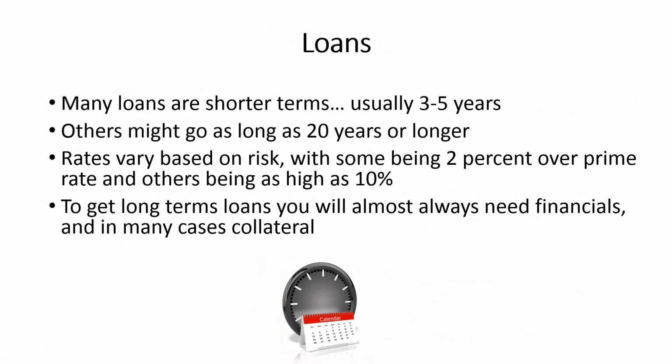I mean, for somebody to give you a 5, 10, 20-year loan, which is what you want to have the lowest payments, you're going to have financials. You're going to have collateral. As a matter of fact, for a lot of loans beyond collateral-based loans, you're going to need this stuff anyways. But the longer terms you're desiring, the more financials and collateral credit requirements are going to become a major factor